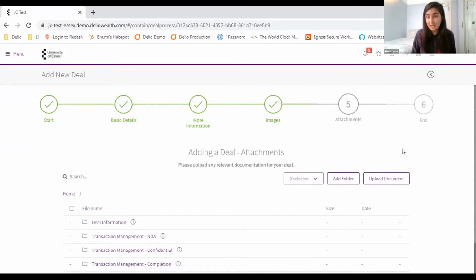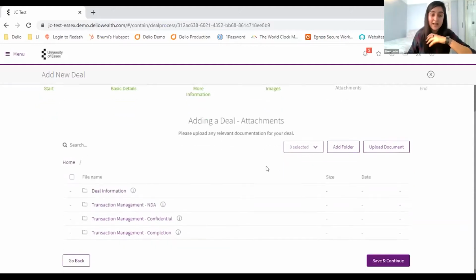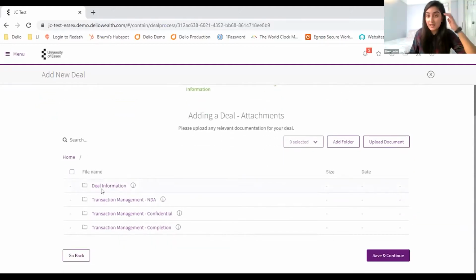So with attachments, again, I want to just say that this information will be released to investors, but you do have a level of control over these. And by that, I mean, if you want investors to be able to see documentation immediately, such as pitch decks or one-pagers, teasers with a little bit more information than your overview, you will then upload them into the deal information section.